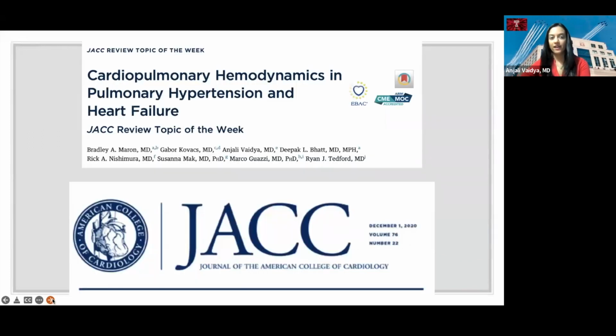So this right heart catheterization, which we've been doing in this manner now for over 50 years in medicine, has evolved not just in its use and its awareness, but some of the nuances of how we interpret it. This is just an example of an article that came recently in the literature showing some updates in how we interpret the cardiopulmonary hemodynamics in pulmonary hypertension and all forms of heart failure. CTEPH is a form of pulmonary hypertension, which is a form of heart failure.